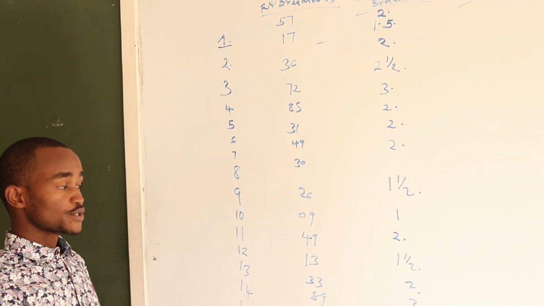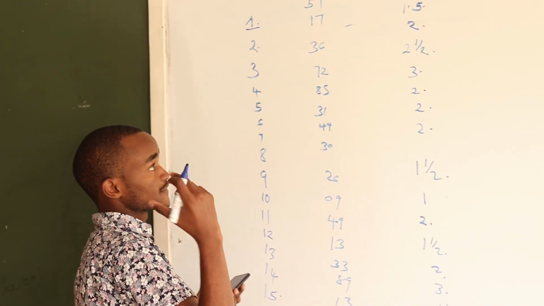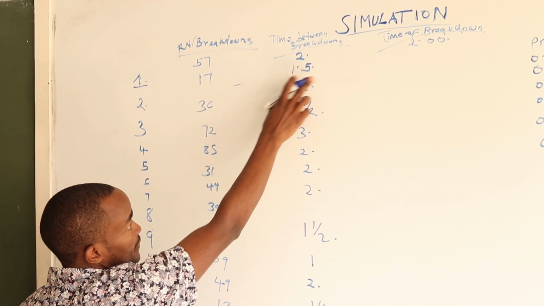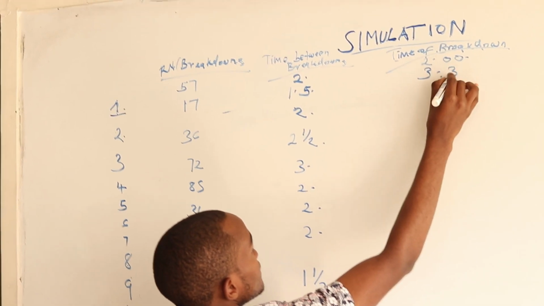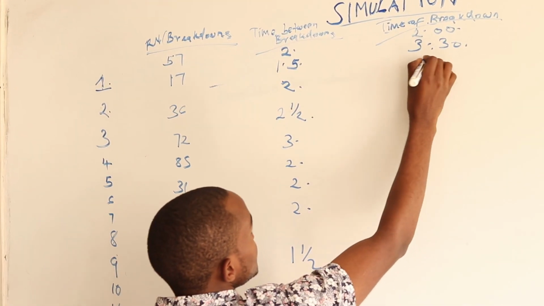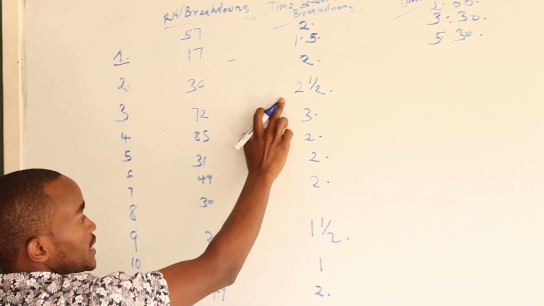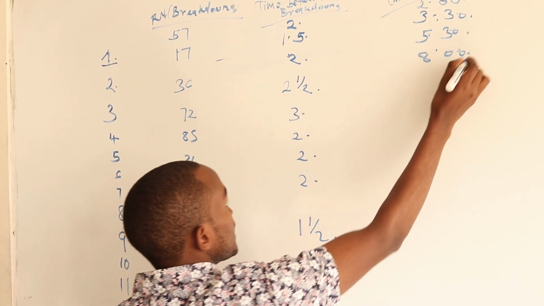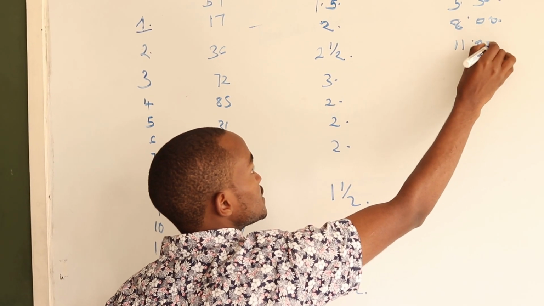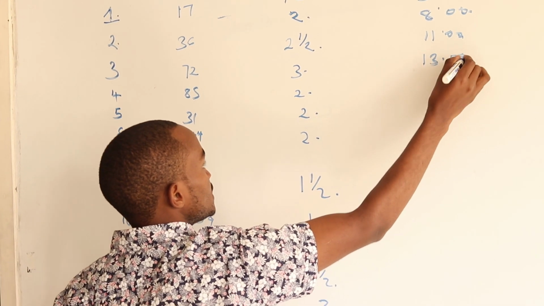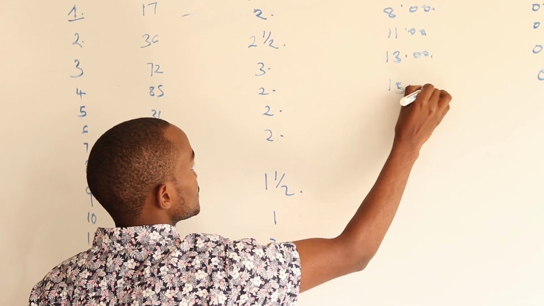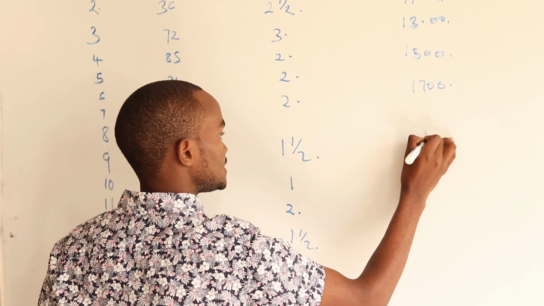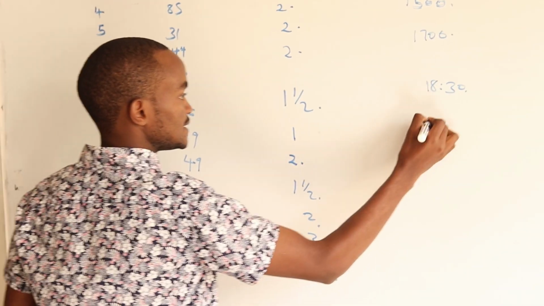So if we are to start at 00 hours, after 2 hours, that will be at 2:00, and then 1.5 hours later, that will be 3:30, and then 2 hours, that will be 5:30, and then 2.5 hours after 5:30, that will be 8 o'clock, and then 3 hours later, that will be 11, and then 13:00, then 15:00, then we have 17 hours, then we have 18:30 hours, then 19:30 hours,